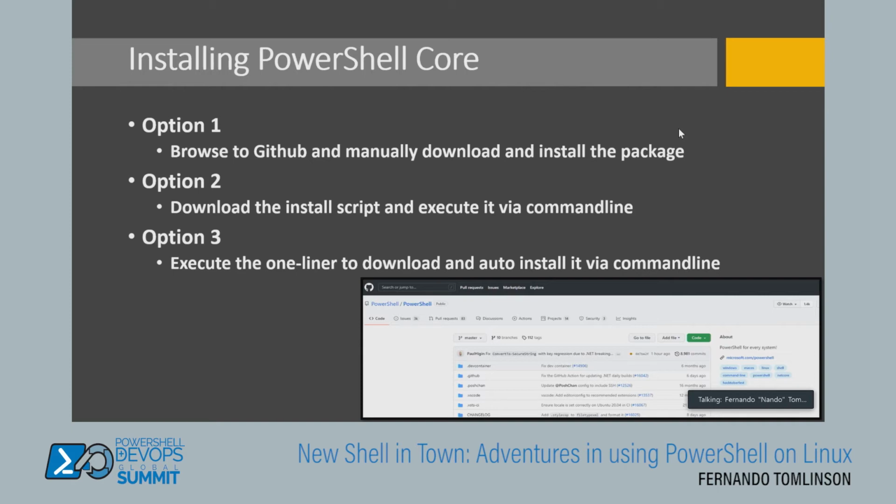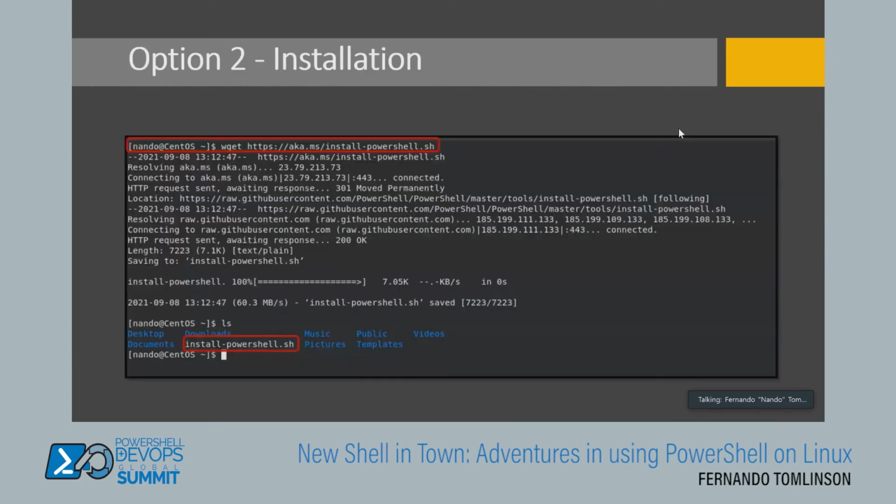Option three, well, I can use the one-liner by Steve Lee that will allow me to download it and auto install. Now, in production or outside of what we're doing right now, I'm a YOLO type of person. So option three would be what I would steer towards. But for here, let's go ahead and use option two. So we're going to do a wget, i.e. an Invoke-WebRequest equivalent. We're going to reach out, download this